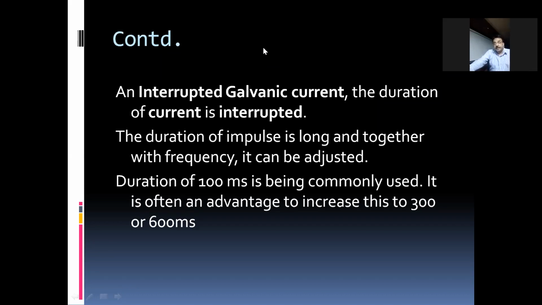But in case of interrupted galvanic, we are giving individual muscles so that we save the property of the muscles. Now, for diagnostic purpose also we are using a stimulator. By this, we are making the strength duration curve. It is the only machine by which we are doing diagnostic as well as treatment.